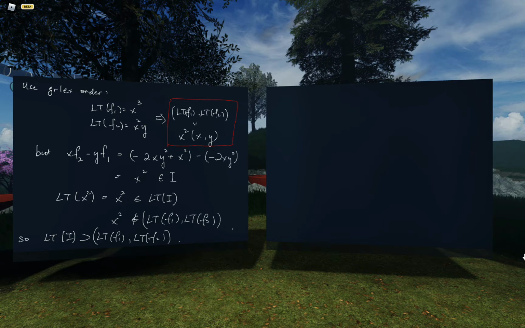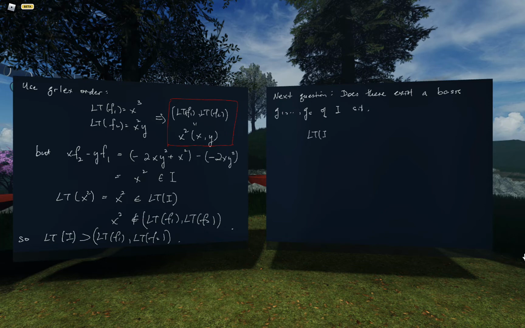Now that we've failed the obvious guess, the next obvious question is: does there exist a basis G1 through GS? I'll change notation a little bit because G is for Gröbner basis. I'm kind of giving the punchline away, of I such that